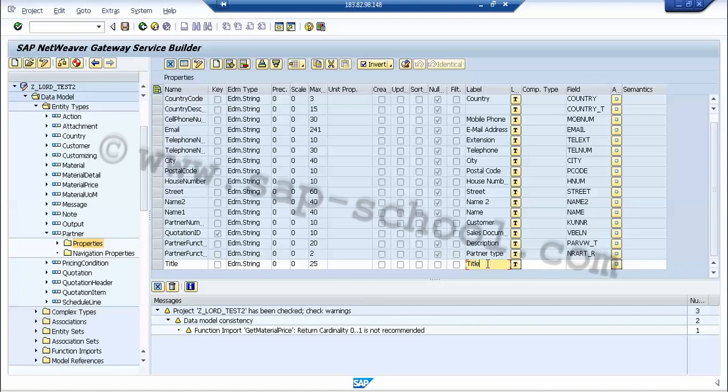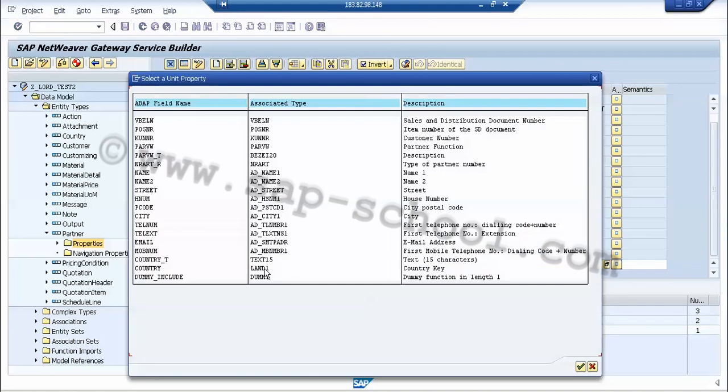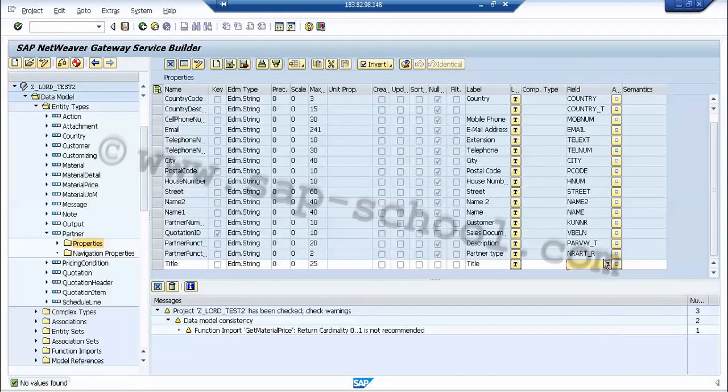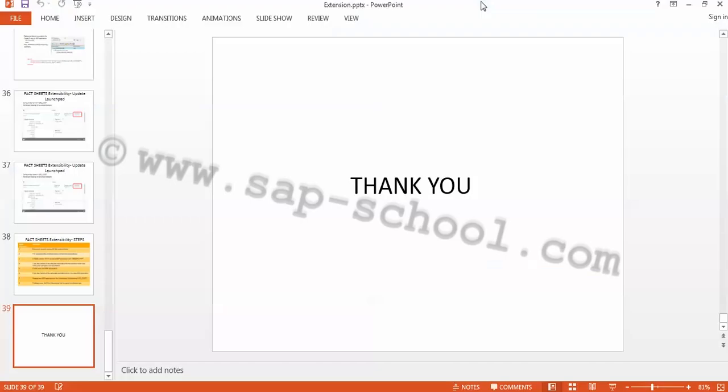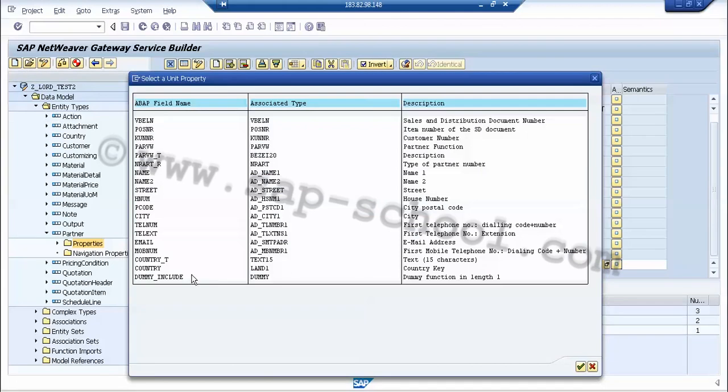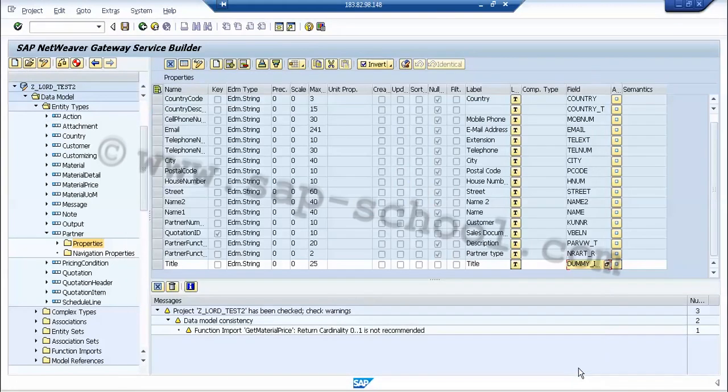And then as an ABAP field, we have to choose the newly added field which we extended. If we go here, then we can see the field which was there. Not the unit property. We can just select this dummy include field to be used as the ABAP field here.